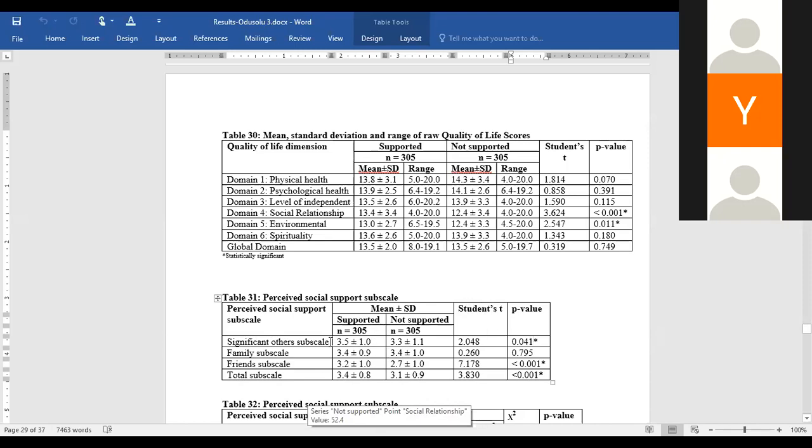This significant order is not originally measured as a single 1 to 5 item. There are 4 questions that were measured on a scale of 1 to 5. We added the questions and divided by 4 to calculate the average. So because of that, it's a derived variable. That's why you can use student T.